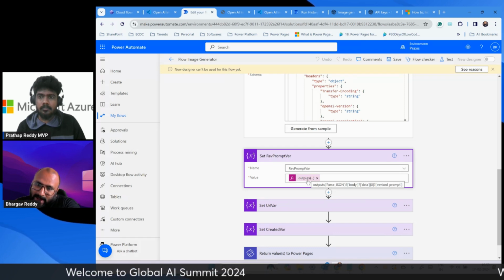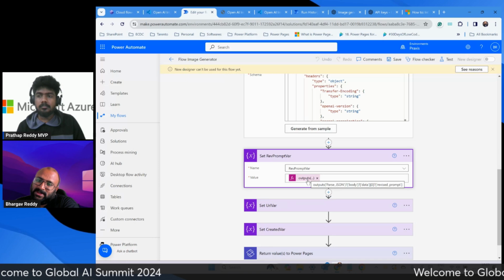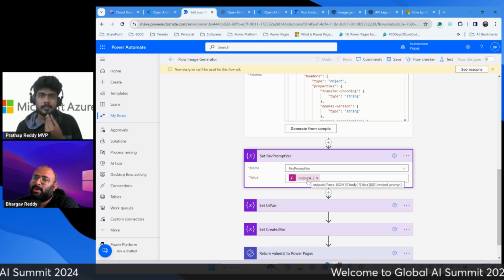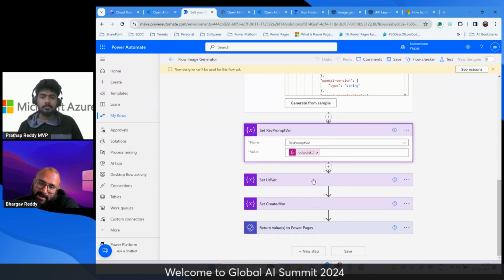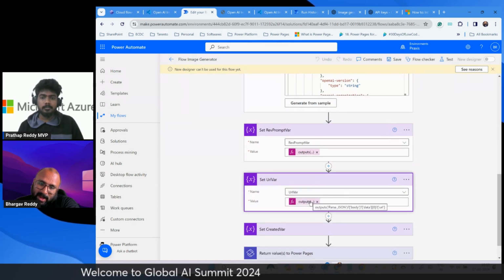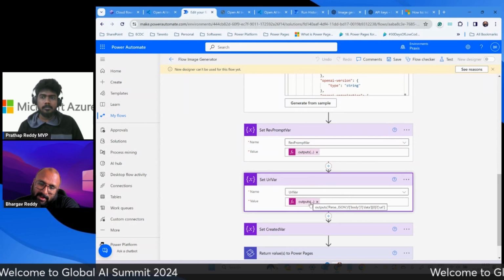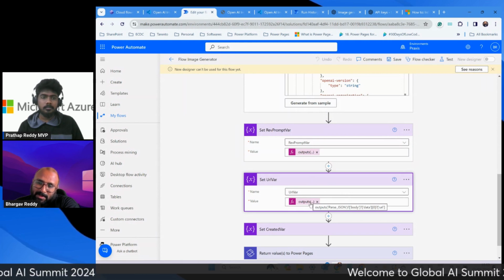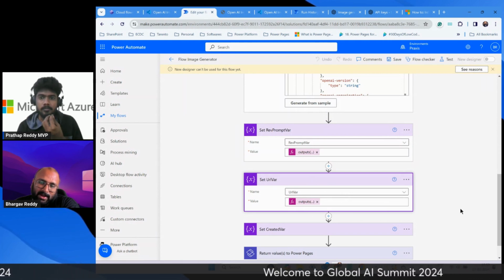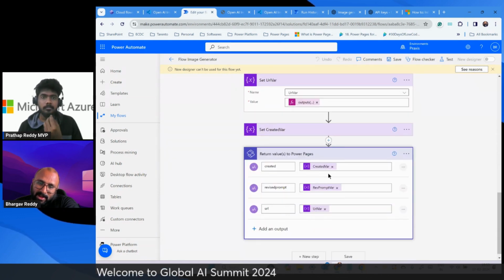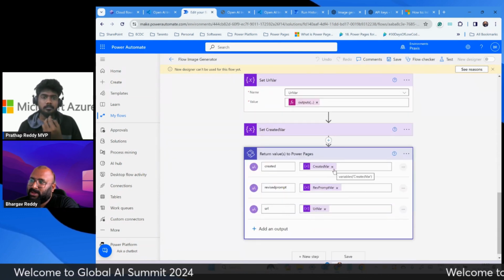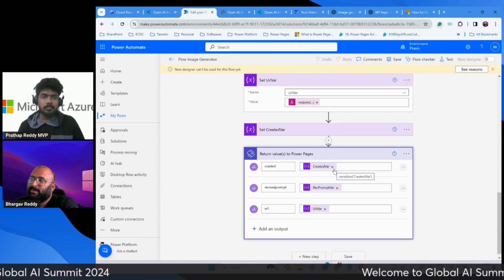Get me from the data attribute the first element which has the value revised prompt, right? So this is pretty much what I'm saying. And similarly for the Set variable for the URL, I'm doing the same. Instead of revised prompt, I'm calling for URL, right? What happens is when you directly try to add the payload here, since it is in a loop condition and there are sub elements to access,